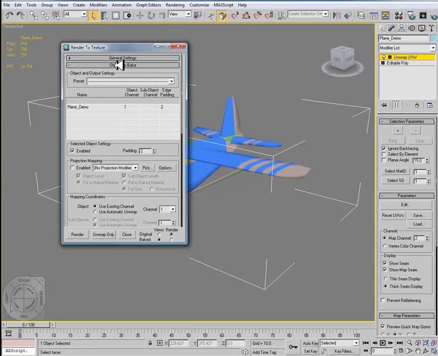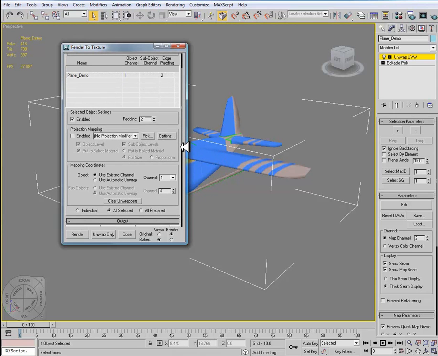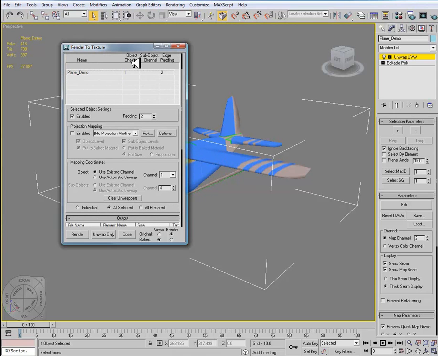What we want to do is go to Objects to Bake, and we want to make sure that the plane demo, so our plane, is selected. Depending on the scene that you're using, typically the object channel here will be set to 3. Alright, and the edge padding is 2. The edge padding right here is a color bleed on the UV template. So it's actually going to bleed out 2 pixels of that color, which is helpful so that we don't